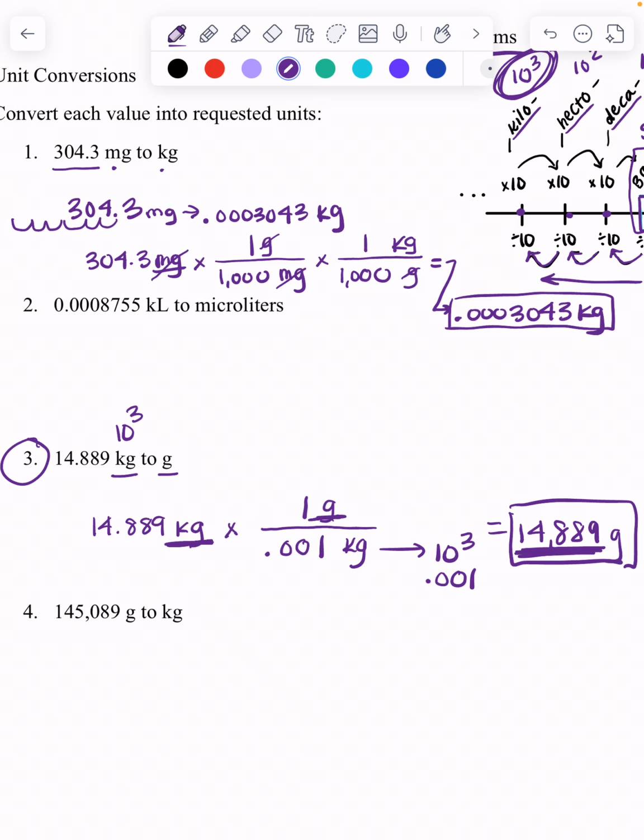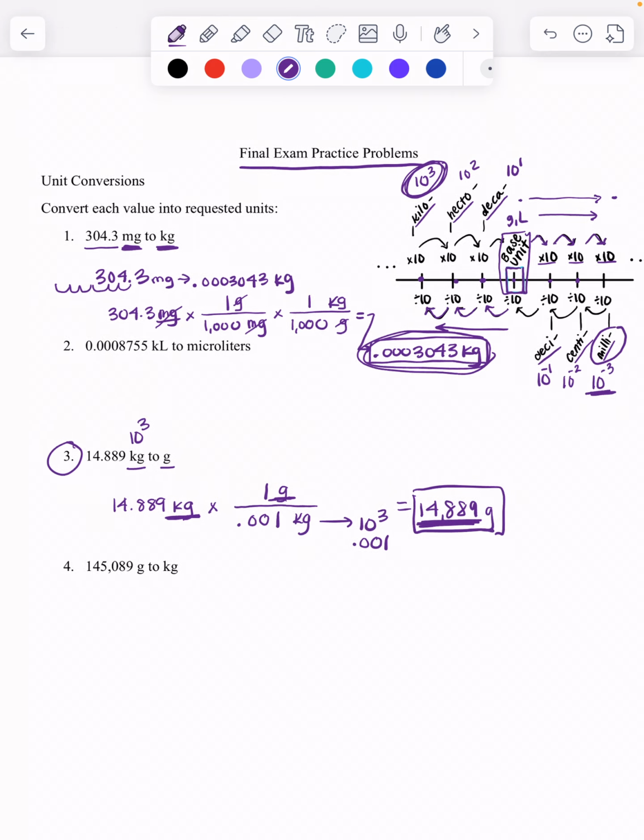Way bigger. Well, on the other hand, we went from, up here at 1, we went from a small unit to a larger unit, which made our answer get super small down here, right? So these are good examples of using